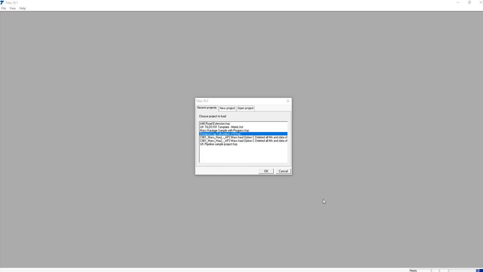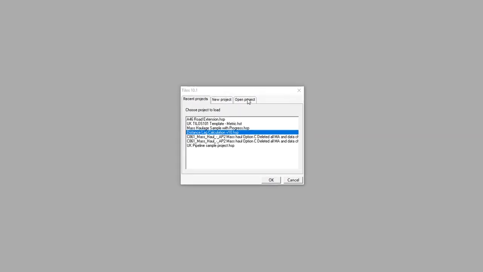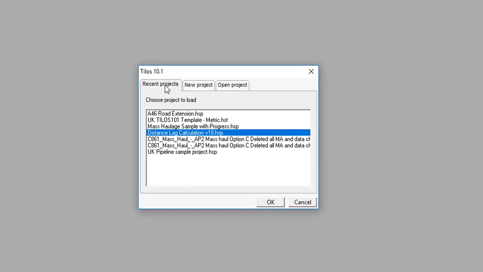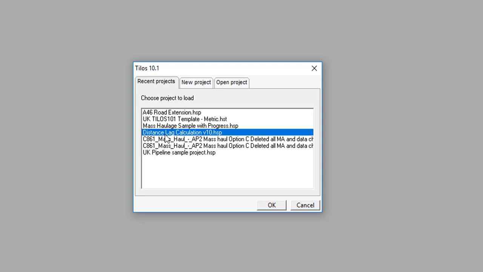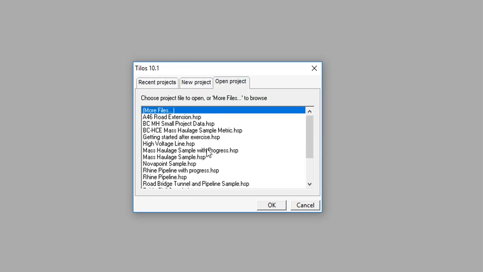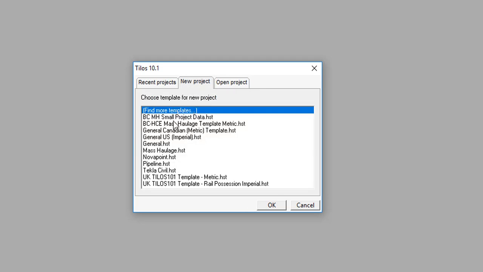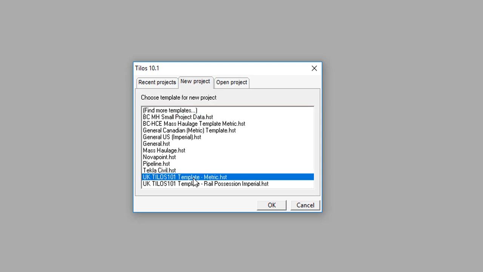So this is what Tilos looks like when you open it by launching from the icon, where you're presented with a dialog which is giving you the option to select from a list of recent projects that you've opened. You can open any project that you can reach from this computer, or you can make a new project based on a template, one that has been created previously from a Tilos file, and this contains a lot of information